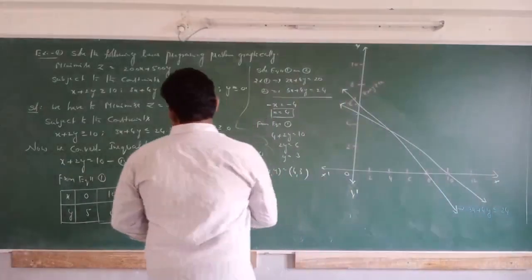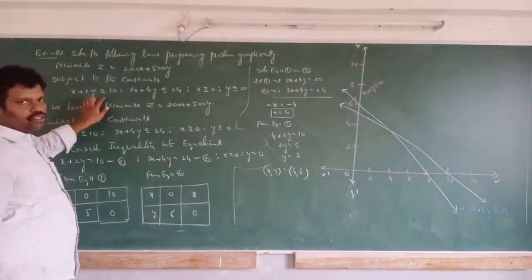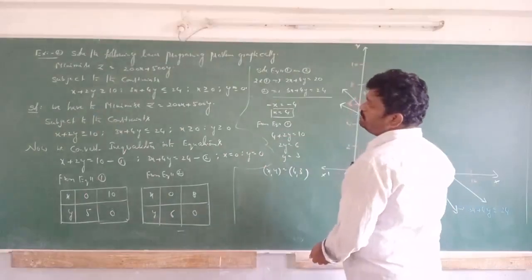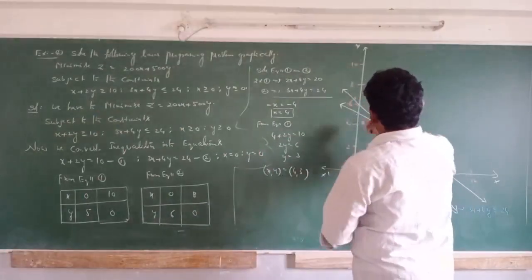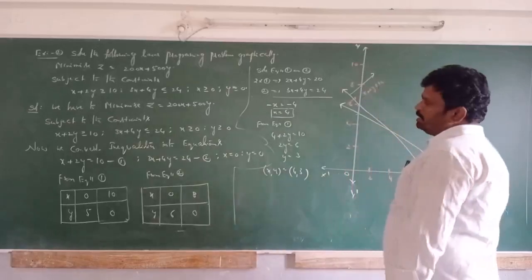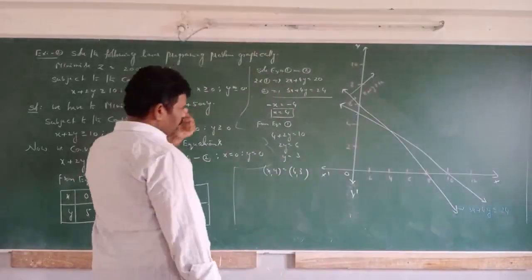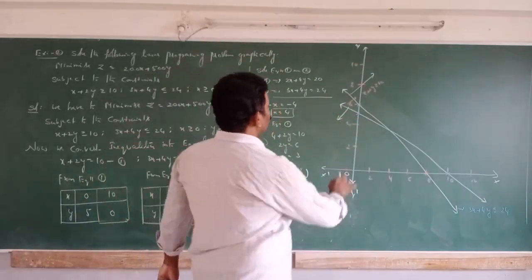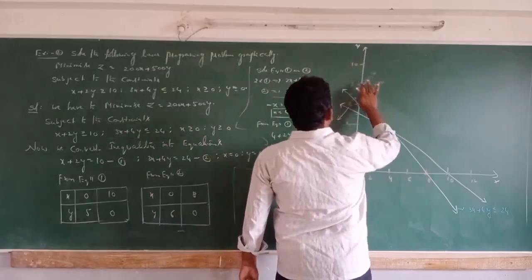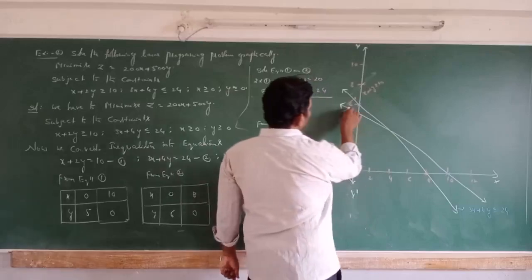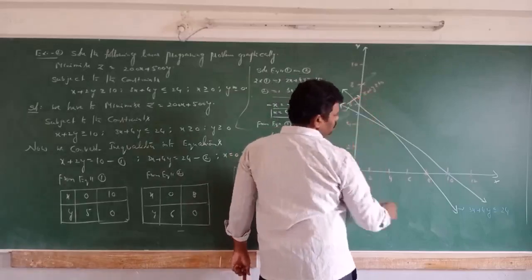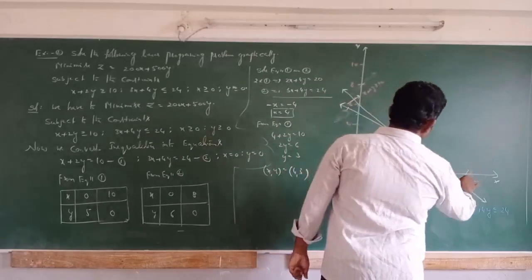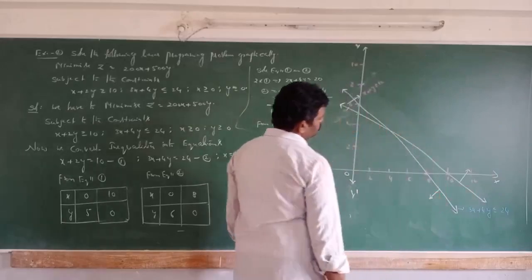Now towards the origin or away from the origin: at 0, 0, is 0 greater than or equal to 10? That is wrong, so it is a false case. So for x plus 2y, the region is away from the origin, this side. For the second one, 0, 0 satisfies it, so it is towards the origin, this bottom side. This one is away from the origin, and this one at the bottom is towards the origin.